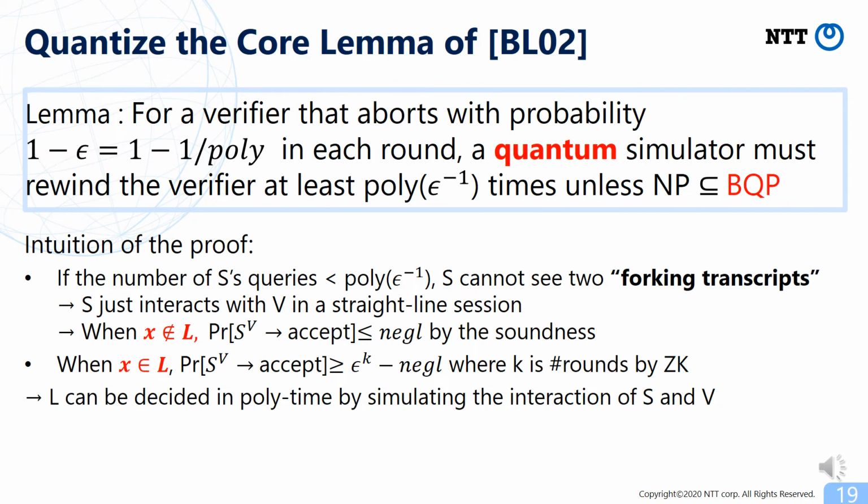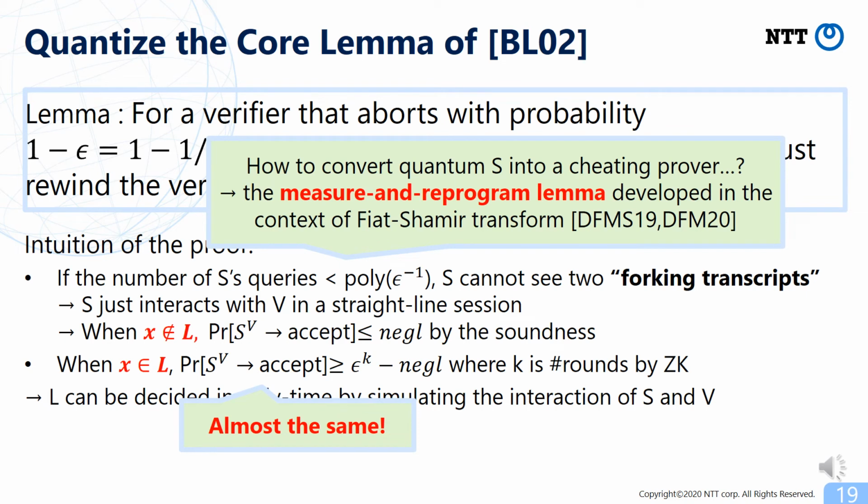Next, I will explain how to prove the quantum version of this lemma. And the quantum version is almost the same, except that we consider a quantum simulator that quantumly queries the verifier and change the assumption to be NP contained in BQP. So basically, the proof structure is similar, and especially for the yes instance case, this can be done in almost the same manner. On the other hand, for the no instance case, this is a little bit non-trivial because in